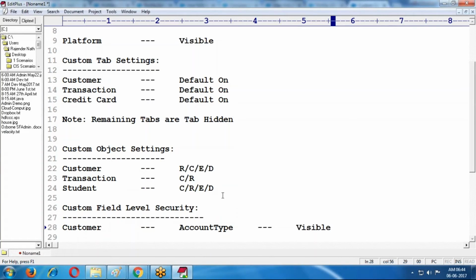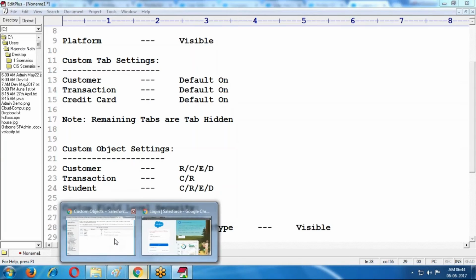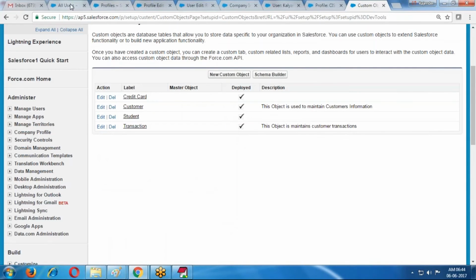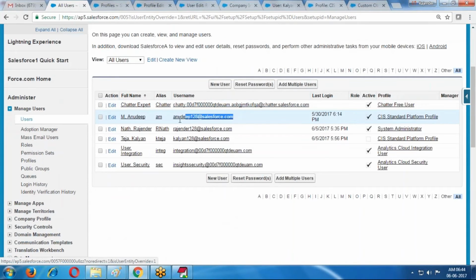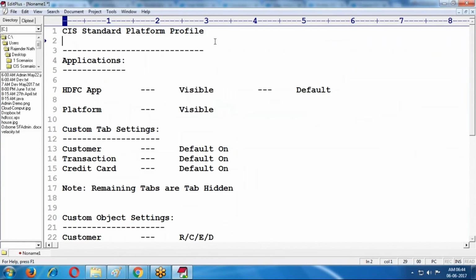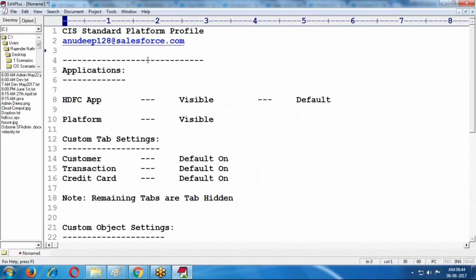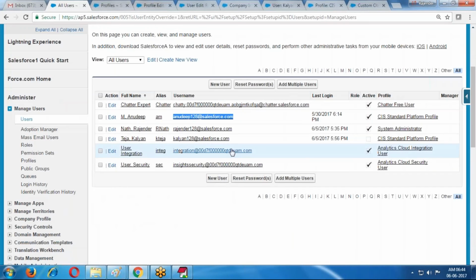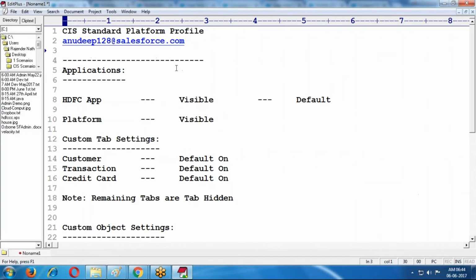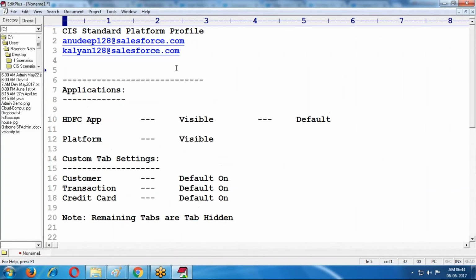These are the permissions I provided here. And we have users. Anudeep is one user. Kalyan is one more user. Anudeep and Kalyan, two users are there.